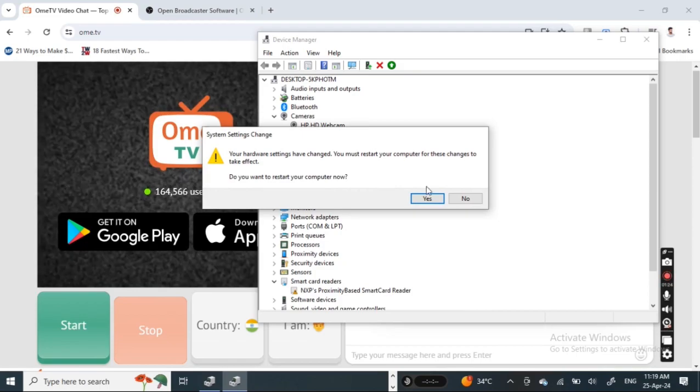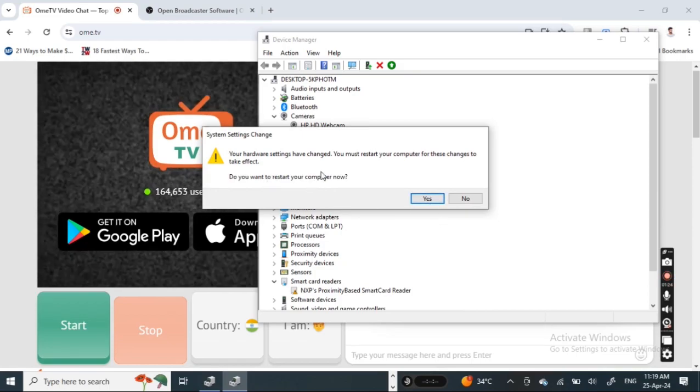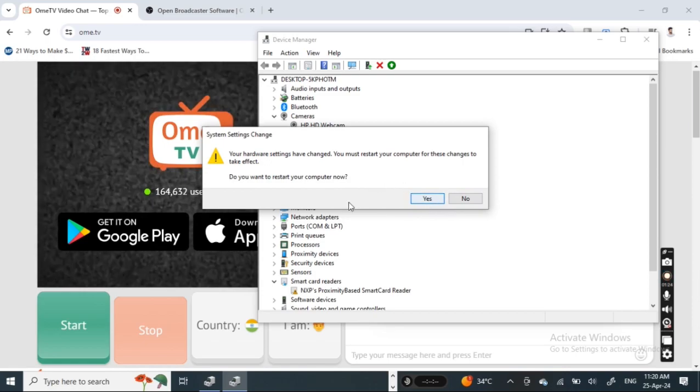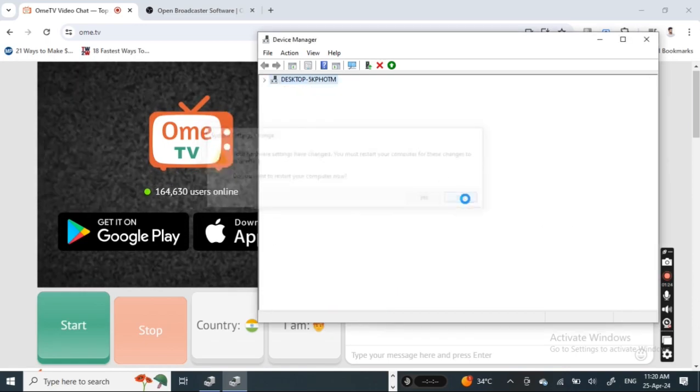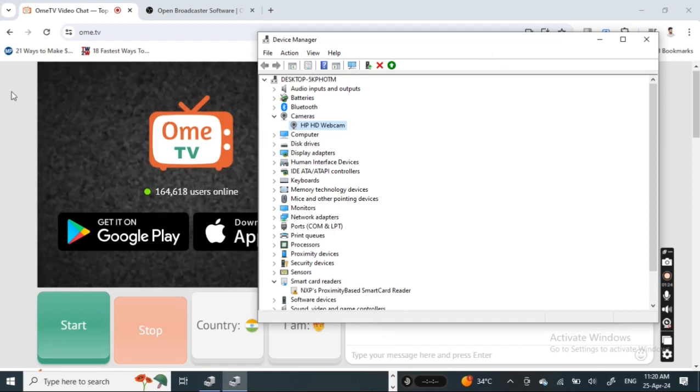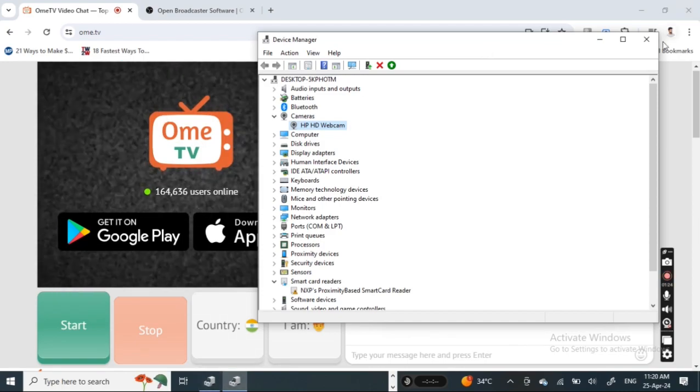Okay, so once you have disabled it, once you've completed that process, next you may need to restart your system, depending on your system. If so, you can just do that. I'll just leave that for now. Okay, so that's fine. So just disable it,